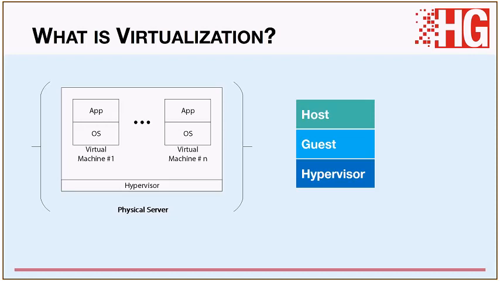There is the host, which is typically the server and possibly even the OS that server is running on. There is also what's known as the hypervisor. That hypervisor controls all the virtual machines within that physical server space. And then there's the guest,